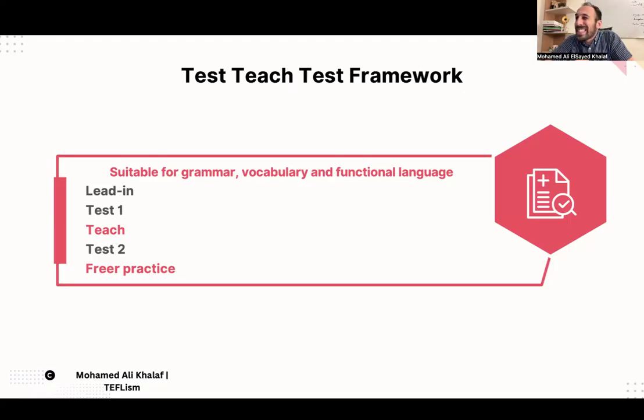types of food under fruit, vegetables, and bakery, for example. And when the students categorize them effectively, that means they have some knowledge about these words. So this is a test, teach, test framework. It doesn't have a text. Instead, it has a task to measure the students' knowledge when it comes to this piece of language, usually suitable for vocabulary lessons. You know, it's used more with vocabulary lessons. Okay?